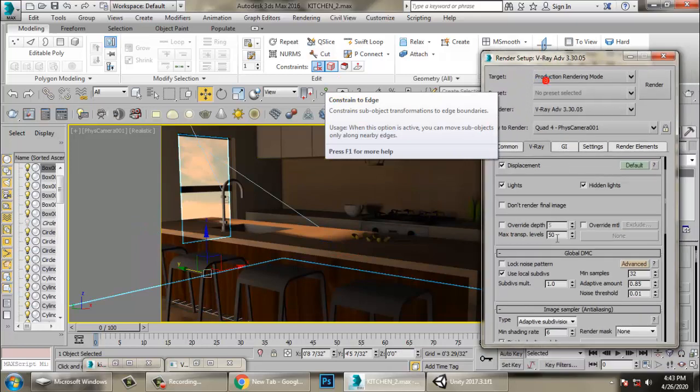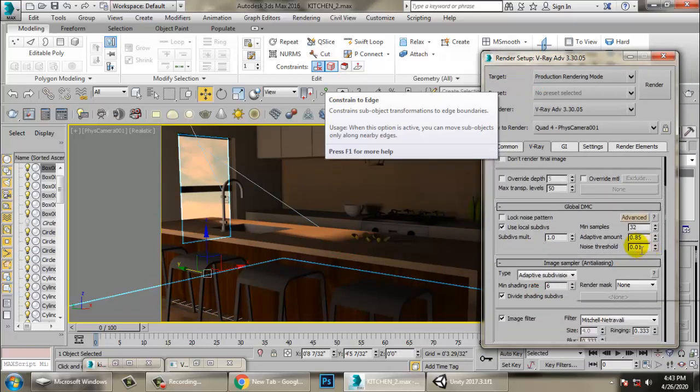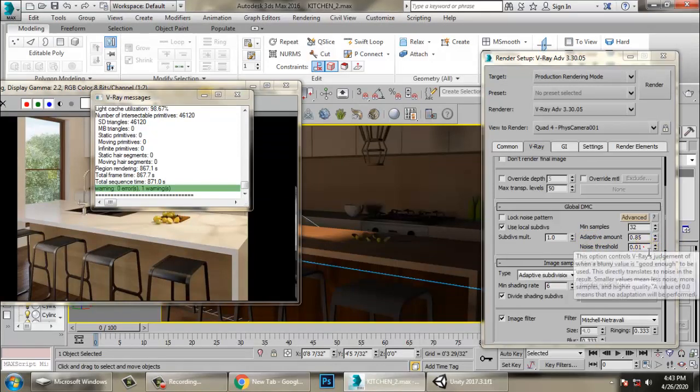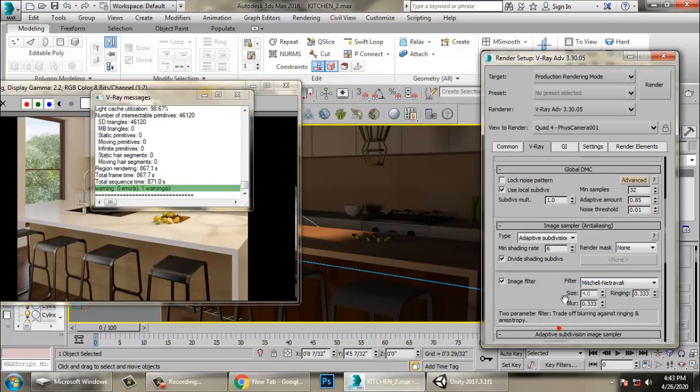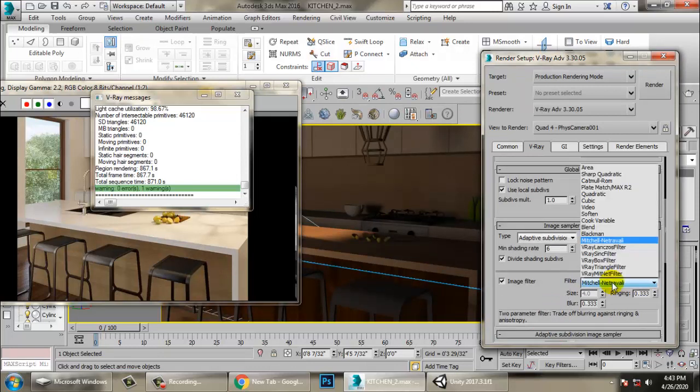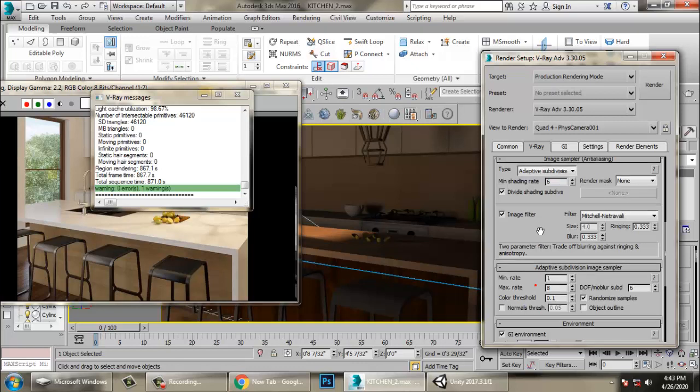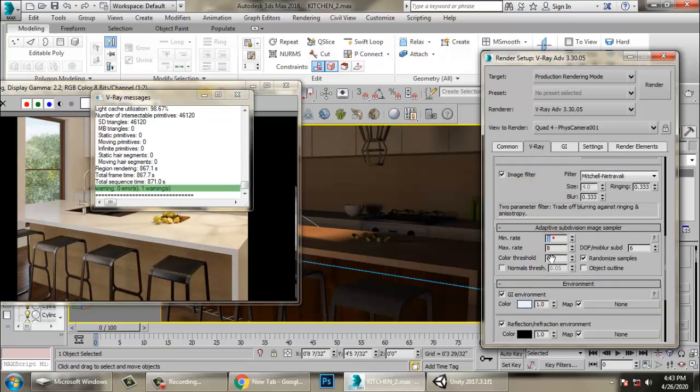After that, let's go down and reduce the noise threshold to 0.01. So I reduced it, and your image filter I made as Mitchell instead of Catmull-Rom. So it's straight up blurring against ringing and anisotropy. After that, minimum rate I set as 1, that's your sampler.